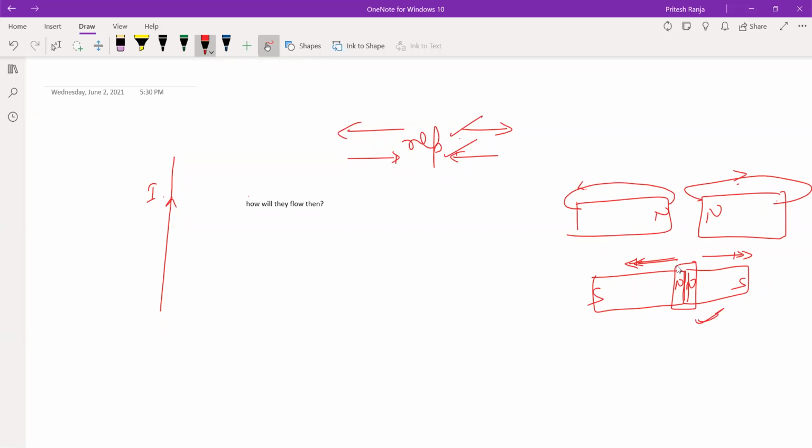But at this point there will be no field lines that I can see, because south to south, there is no magnetic field, no direction of magnetic field at all. Okay, sir. Okay.